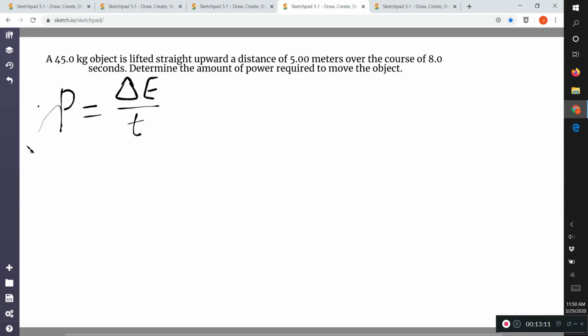The second is the formula for translational kinetic energy. Given the information, we have a mass that's being moved upward a distance of 5.00 meters. Since it's being lifted upward, we can figure out the amount of work that's being done on that object. So we're going to instead use the formula